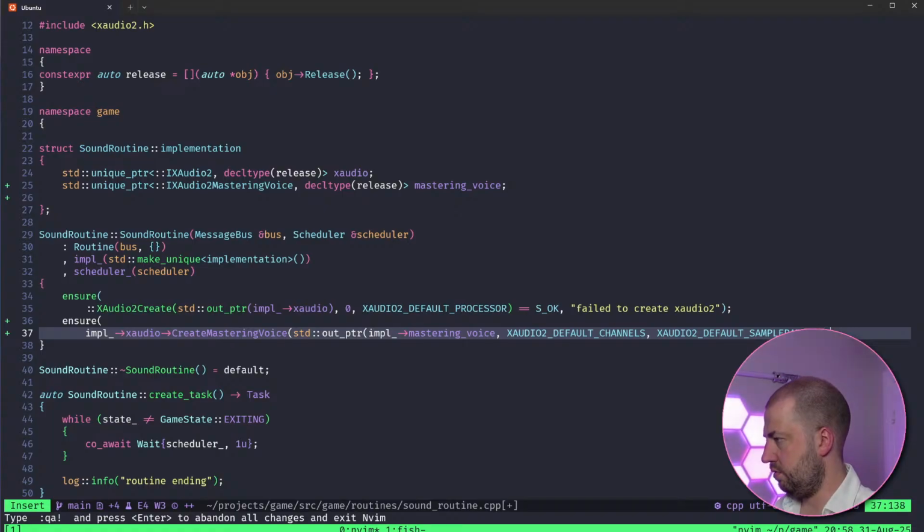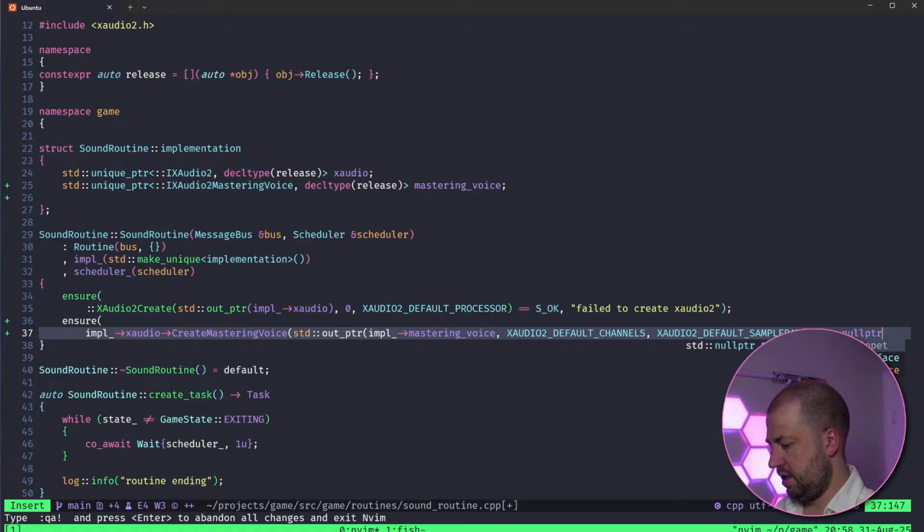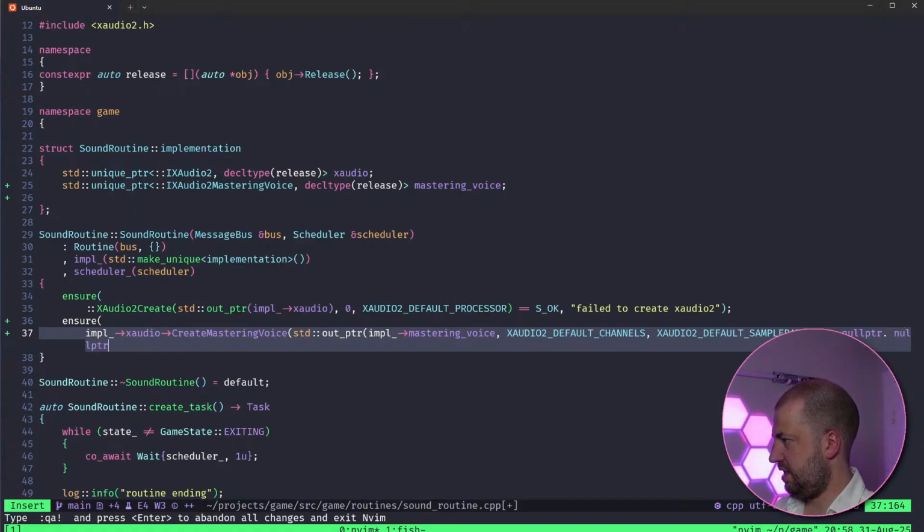That sounds like a good plan. Then I'll have a null pointer for that, and a null pointer for that, and a null pointer for that. Let's check that equals okay, otherwise failed to create mastering voice.